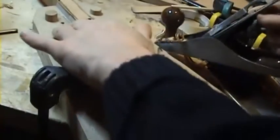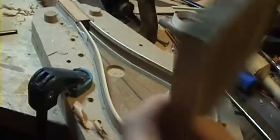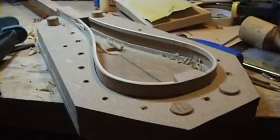But we're just going to gradually level the linings to the sides, and then we'll use sandpaper in the final stages to make sure it's all flat. I'm using some abrasive paper just attached to a maple board that I've got. Now that the back is flat and smooth all the way around here,